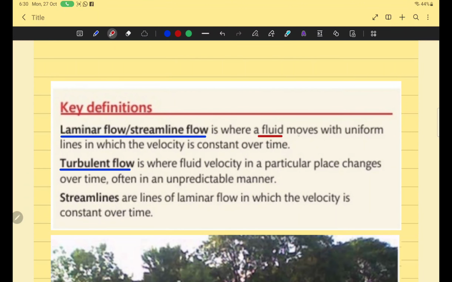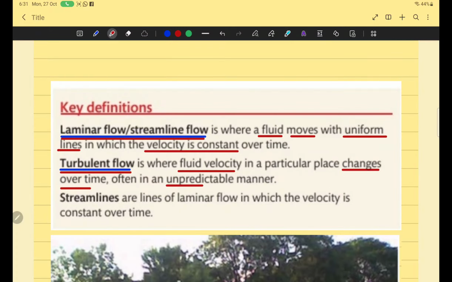When a liquid or fluid moves in uniform lines in which velocity is constant, when the liquid is flowing with constant velocity in a uniform line, it is called laminar flow or streamline flow. But if there is an obstacle in the flow of water, then the water begins to flow with turbulence. In turbulent flow, you can see the velocity of the fluid will change over time, in an